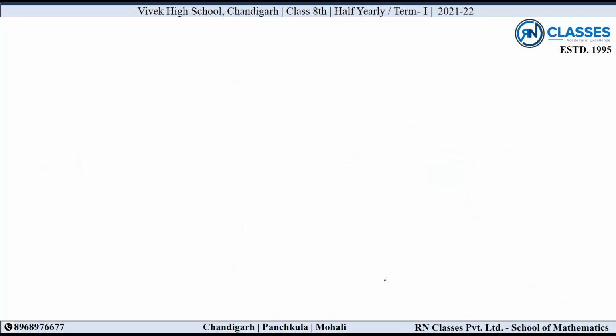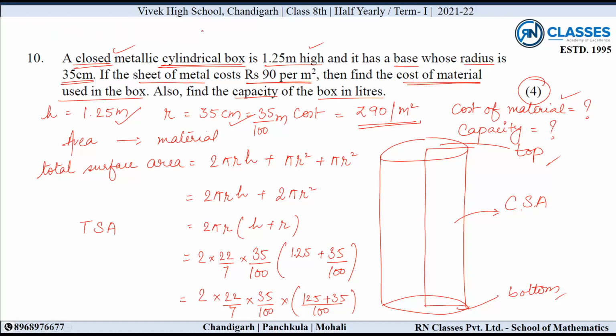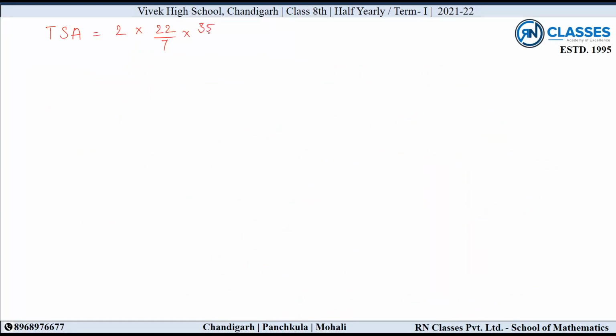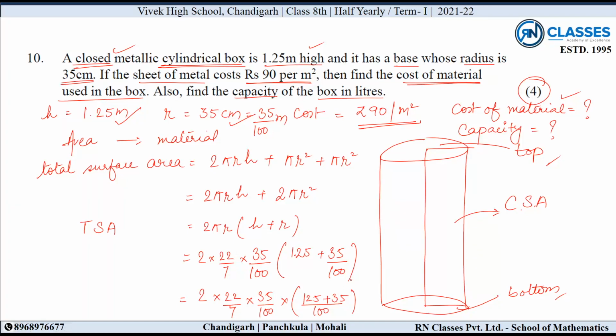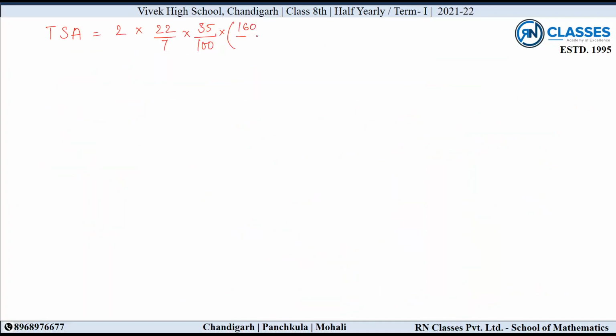next page चलते हैं, ठीक है। total surface area, we'll do it on this side। कैसे आएगा? 2 into 22/7 into 35/100 into ब्रैकेट में ही है, लेट्स सी 125 plus 35 is 160/100, right? So total surface area, we'll find it out, 7 1 the 7, 7 5 the 35, okay।